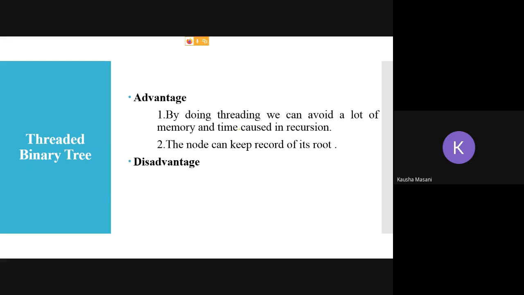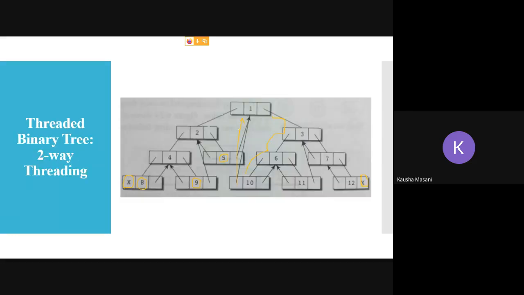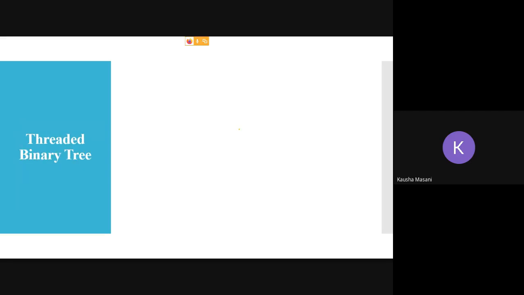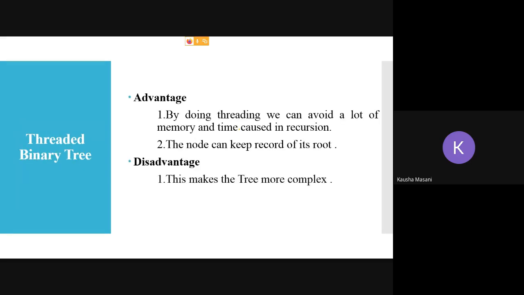But there are disadvantages also. You have to take care that threading is done in a correct manner, because it makes the tree complex. If you just see, this is a complex tree, so many arrows. By making the tree complex, you are also increasing the chances of errors.